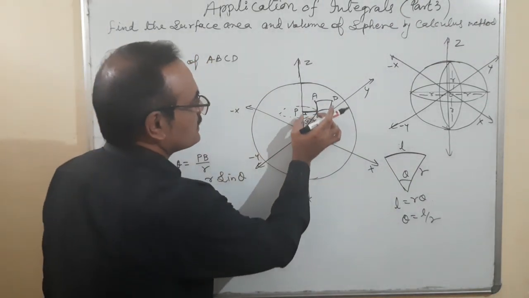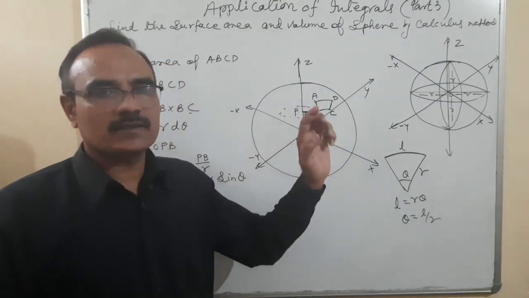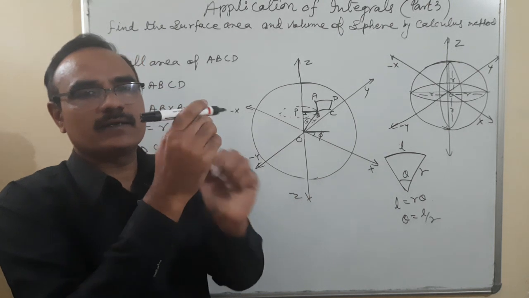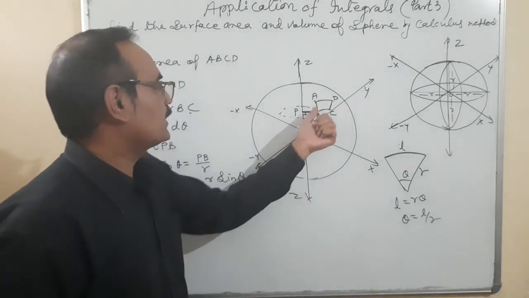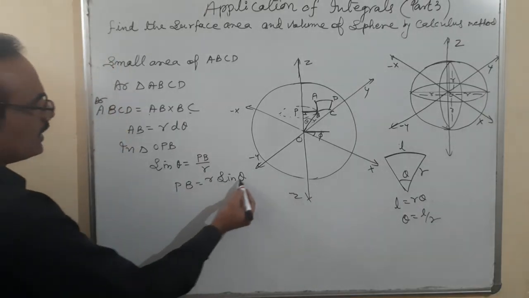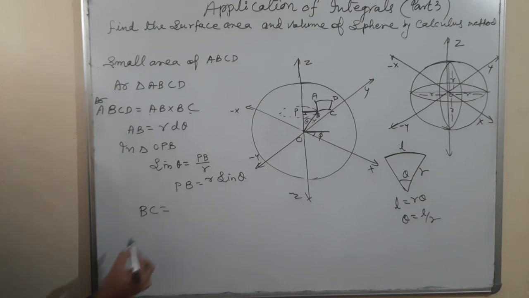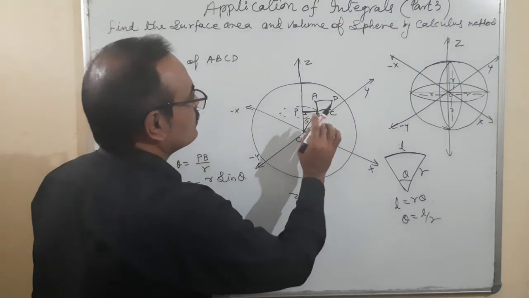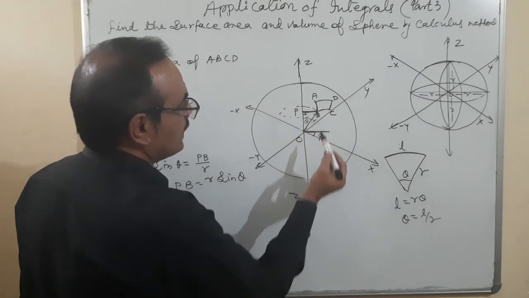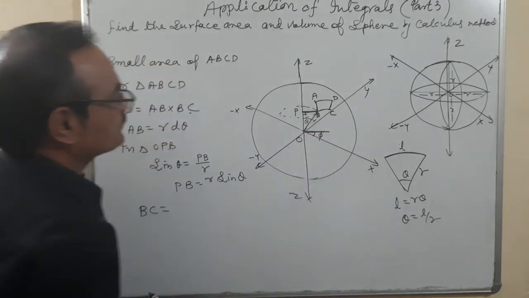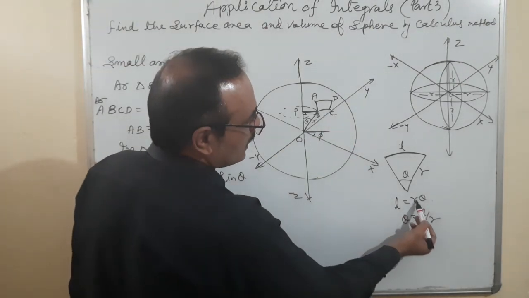And you can see this length I have treated as this is the length. And it is rotating in which direction? It is completely rotating like that. I have taken with the x-axis the angle phi. So it rotates with R sine theta. So therefore BC is equal to, it rotates up to phi. So what do I write here? PB multiplied by, R sine theta d phi. Again, length of an arc is equal to R theta.